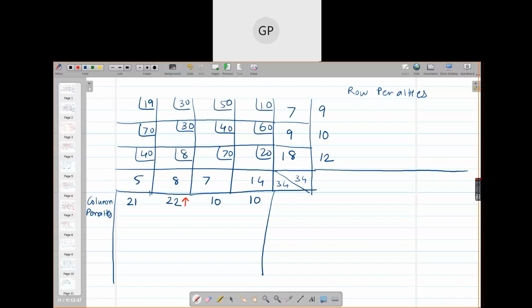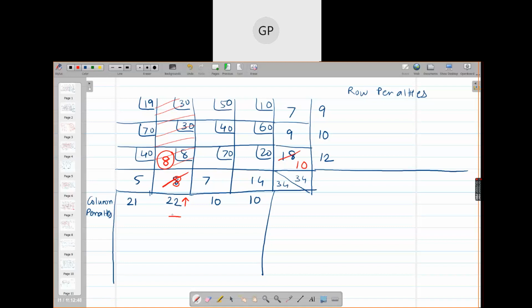8. And what is the situation there? 8 units are required and the supply available is 18. So you can give only 8 units, and thus the requirement at this destination is over. Now no more units are required at this destination, so I am putting a dash here. That means I am not going to calculate column penalties again for this destination.